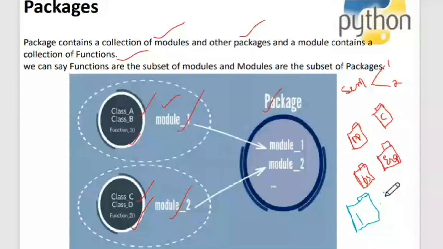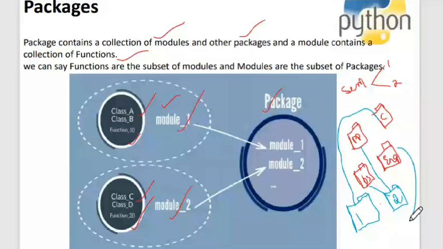Now I'll put PP into SEM2 and data structures into SEM2. I'll put C into SEM1 and English also into SEM1. What did I do? I have grouped them based on their functionalities or some criteria.